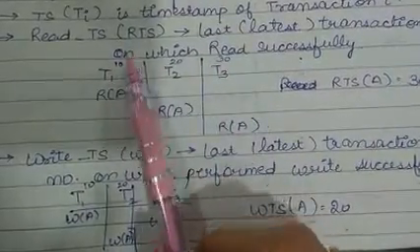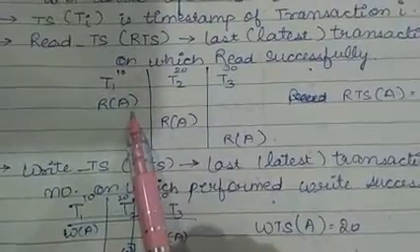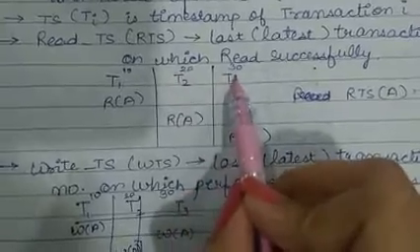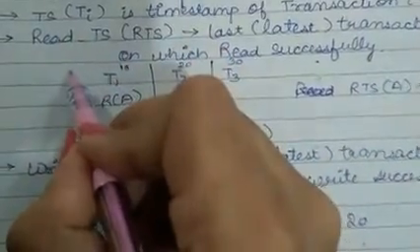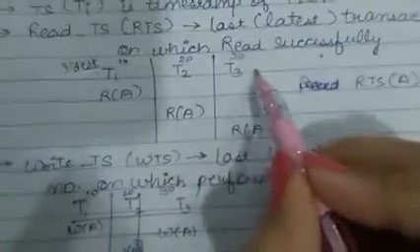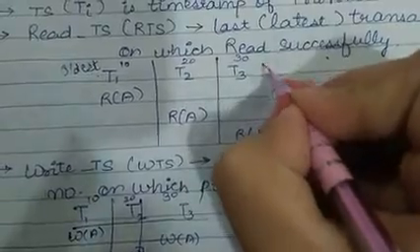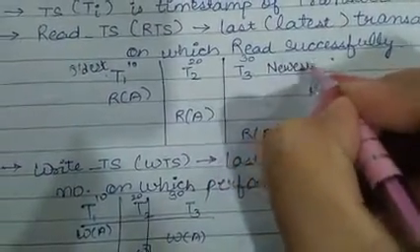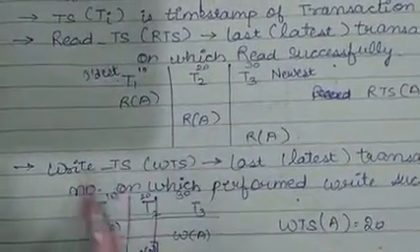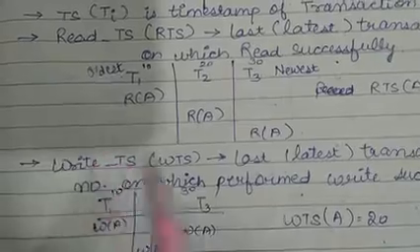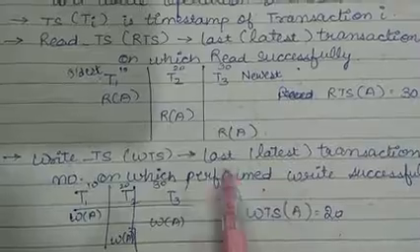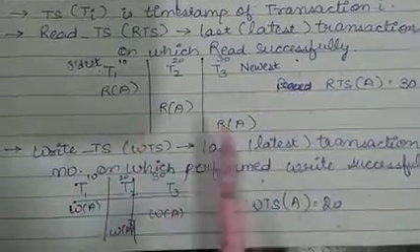So when I'm saying the oldest transaction and the newest transaction, suppose we have schedule S and we have T1, T2, T3, three transactions in it. This is considered as the oldest because it comes first, and this is considered as the newest or the latest because it just came at last. So there is one read TS and one write TS. This write TS can be denoted as WTS, or this is known as the last or the latest transaction number on which the write was performed successfully.